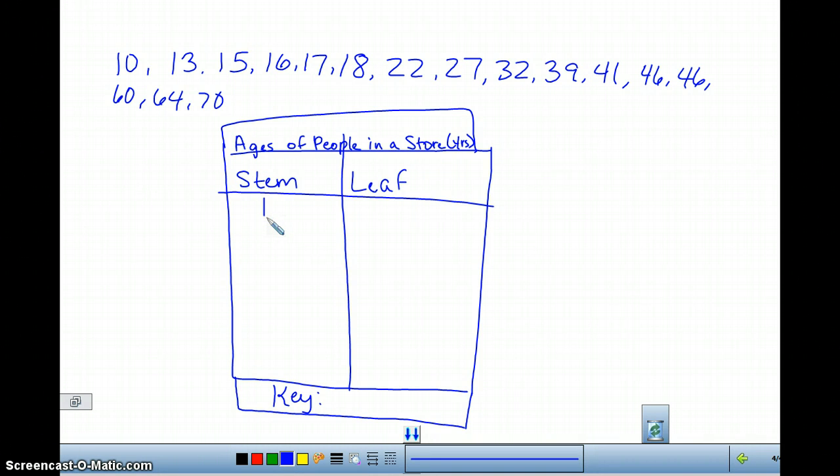And now you list all of our leaves. Okay? We do not put commas between them, but you need to leave a little bit of space between them. Okay? So let's see, we're gonna put a 0, a 3, a 5, 6,